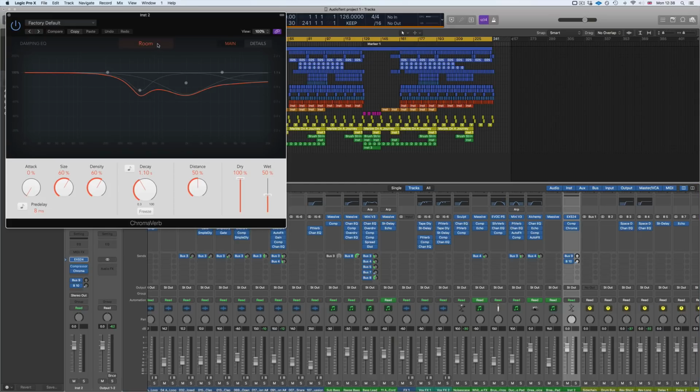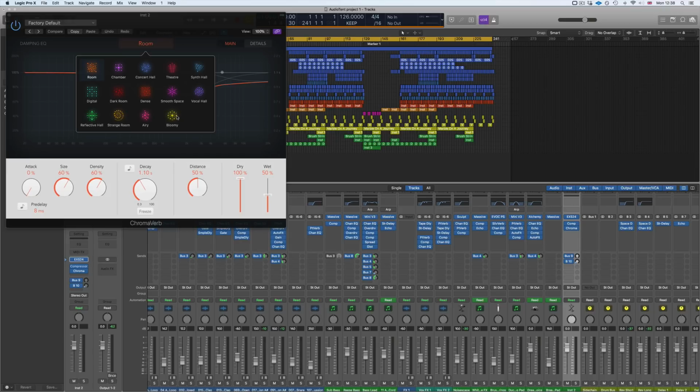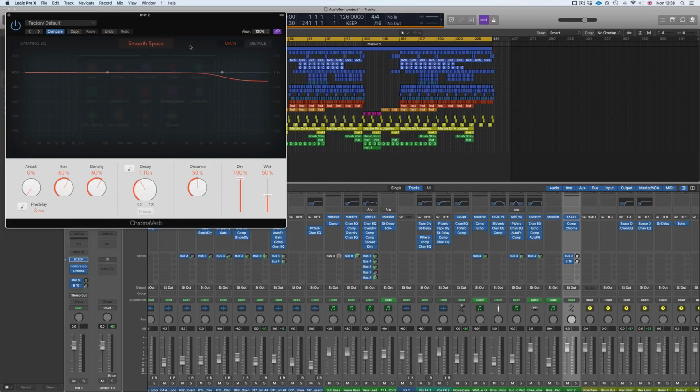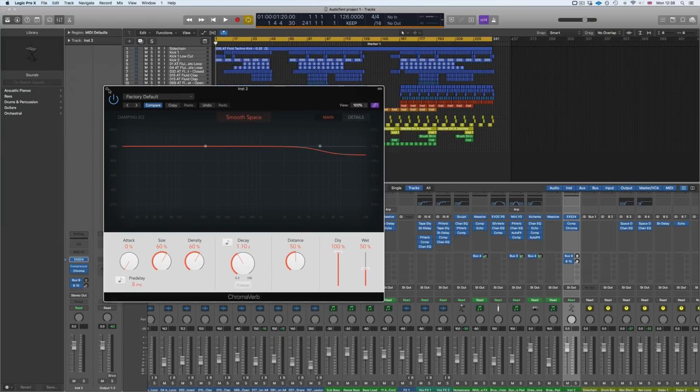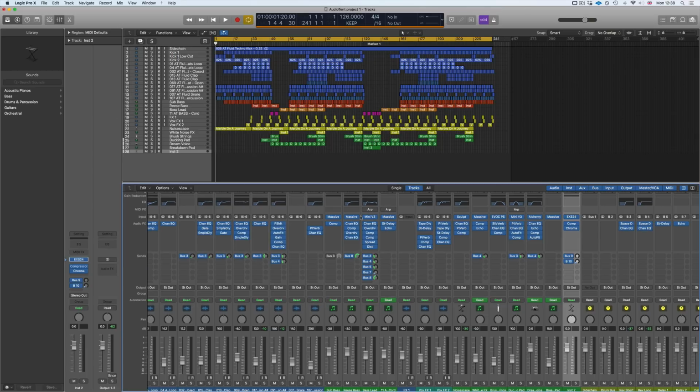You can see here, if we choose a different type, then it's just a bit more interesting to look at, and you can play around with the sounds. You get a bit more of a visual representation in Logic Pro. Not necessarily a good thing, because I do think you should use your ears at all times, and that should always be the first thing. However, it is just getting a bit more user-friendly.